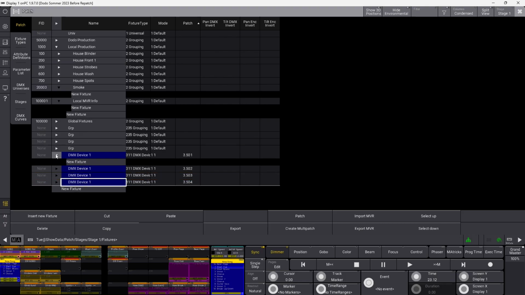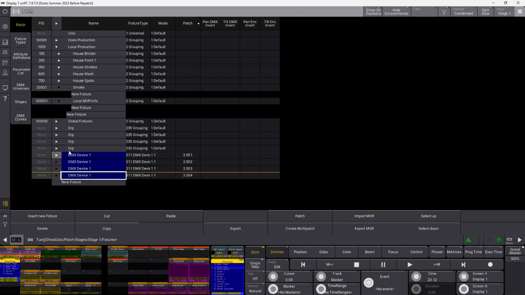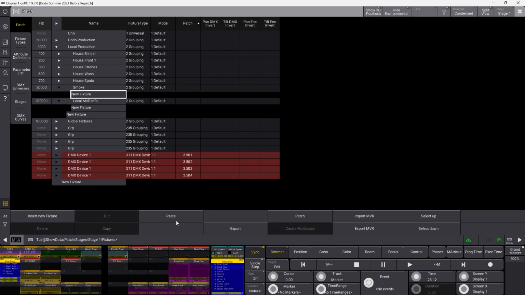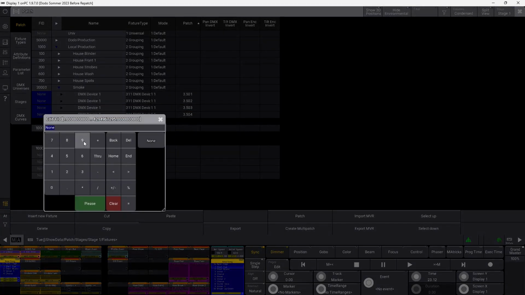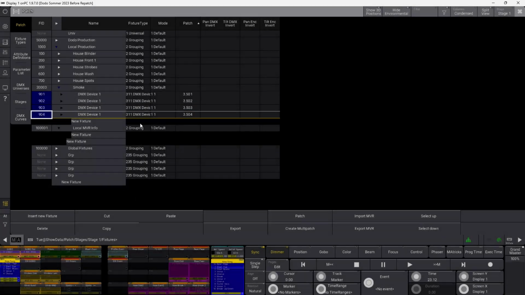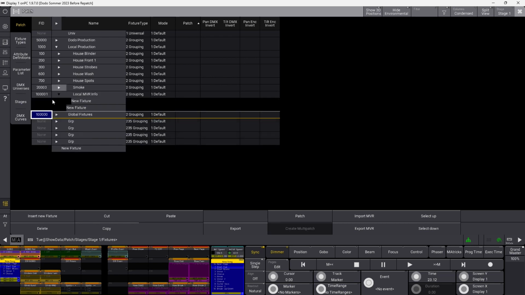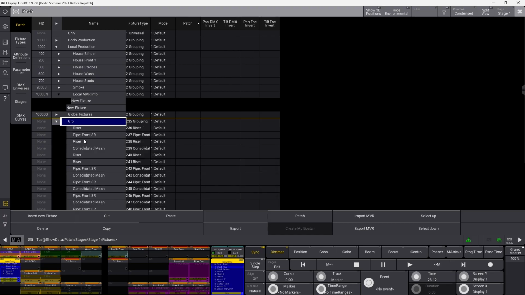What are they? Multi-fixtures. They are not. Let's just mark these ones, cut them, and put them into the smoke group. We can work with them later. We just call them 901, which is what I call smoke fan. There we go. Now we set up everything, and now we have leftovers, which is basically all the environmental stuff